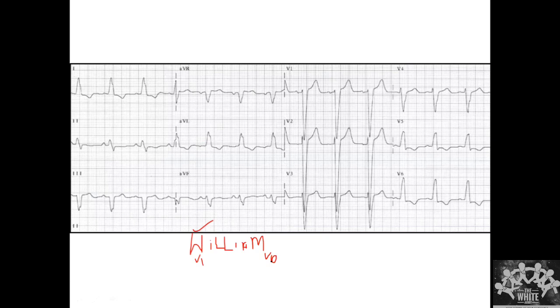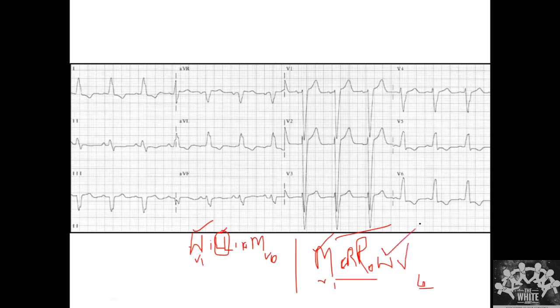This we also saw; this is seen in left bundle branch block. L stands for left bundle branch, W for V1, M in V6. The same thing here, opposite: MaRRoW, whatever you want, you can keep as the mnemonic. Marrow will be easier. We also have an app called Marrow. So that is a mnemonic you can use. So MaRRoW: V1 has the M pattern and V6 has the W pattern. That is William and Marrow. That is for right bundle branch block.